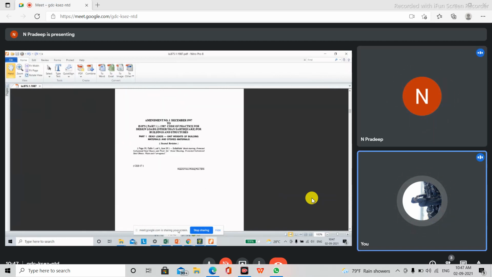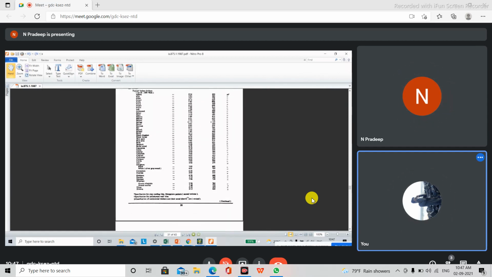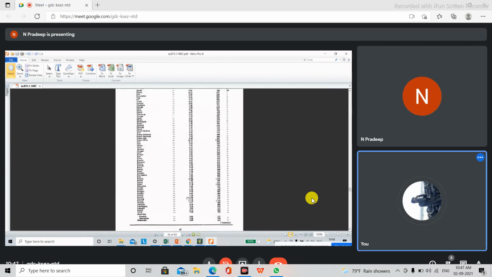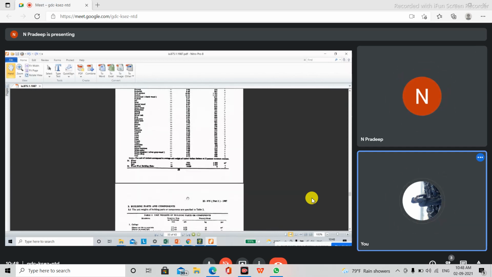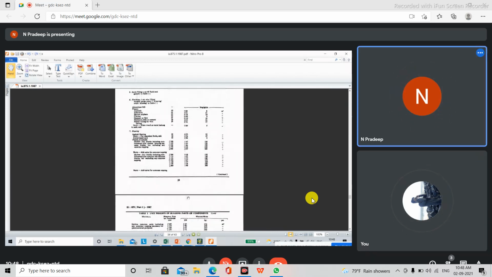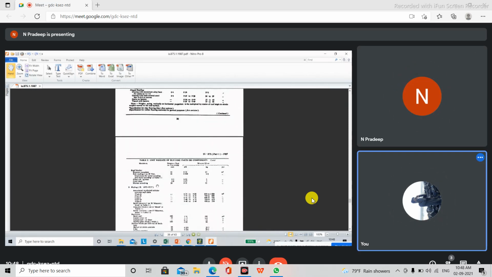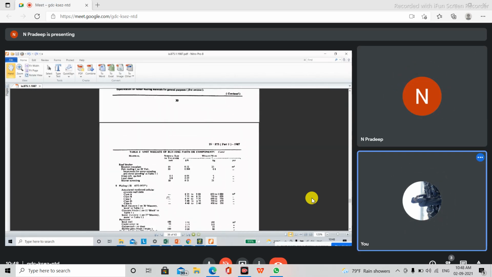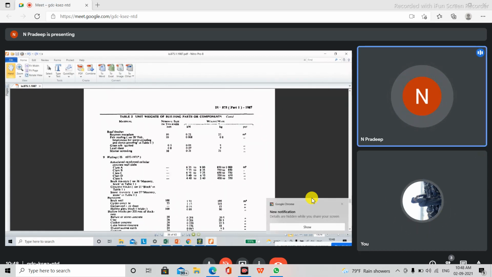Just see here. If you see the brick wall here, the thickness is given here and the nominal load for it is given here.